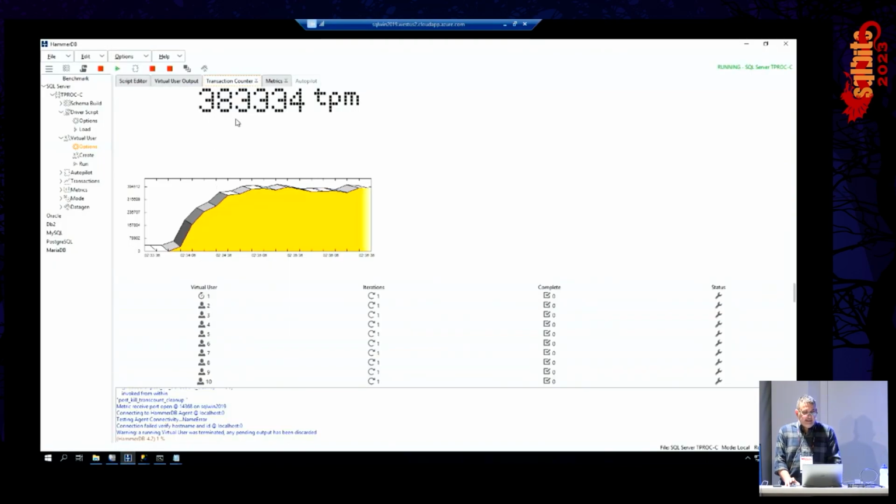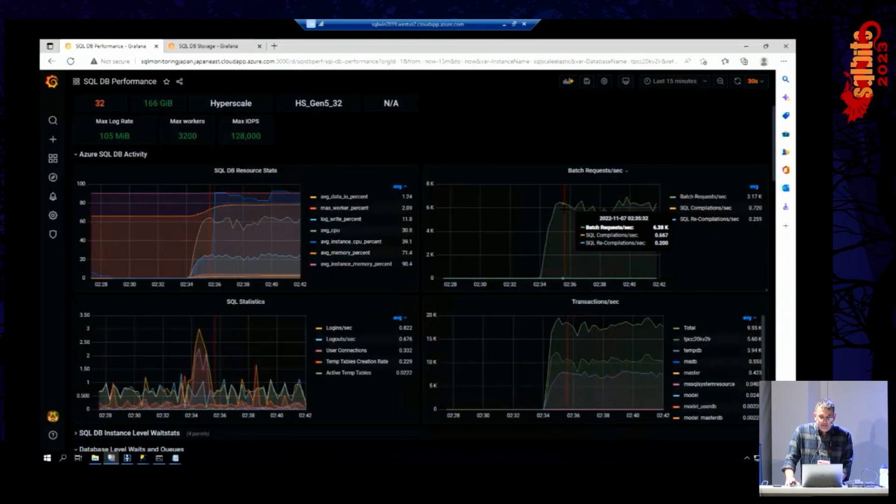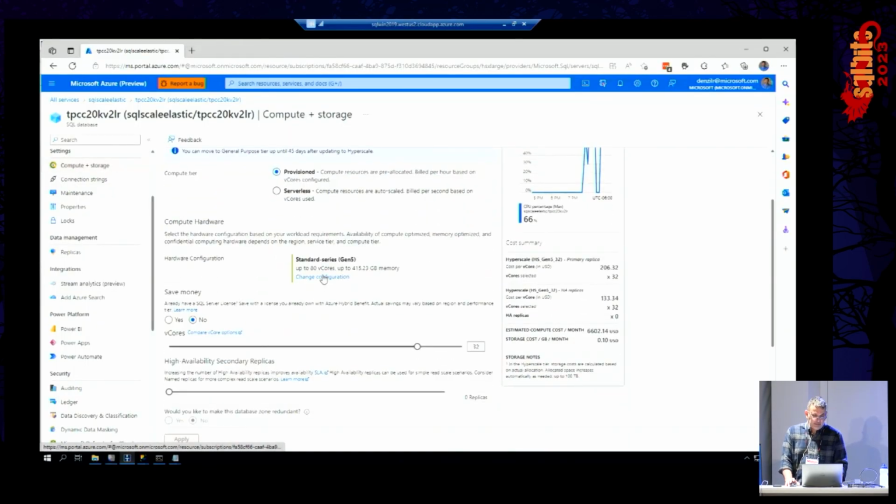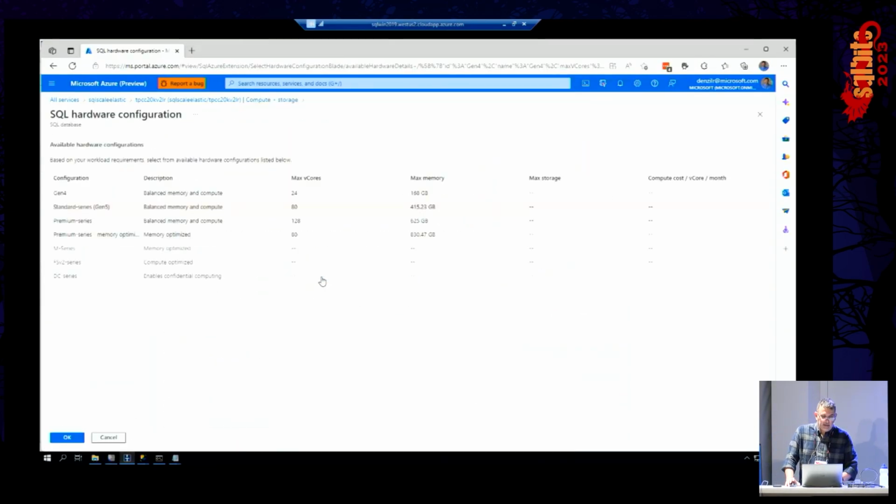So that's 383,000 TPM. So you see batch requests also, another thing we'll compare, is 6.3K batch requests per second. Let's flip and do